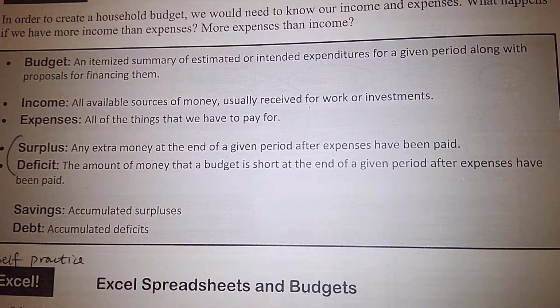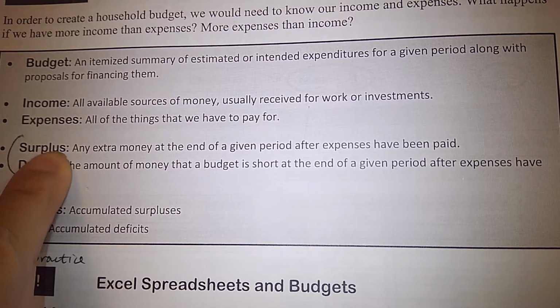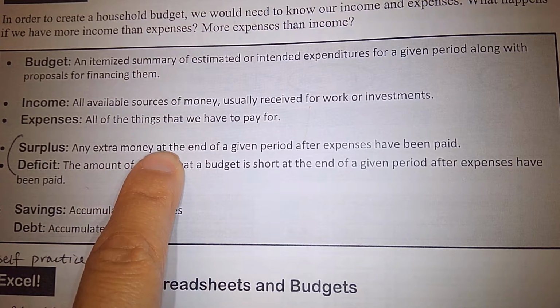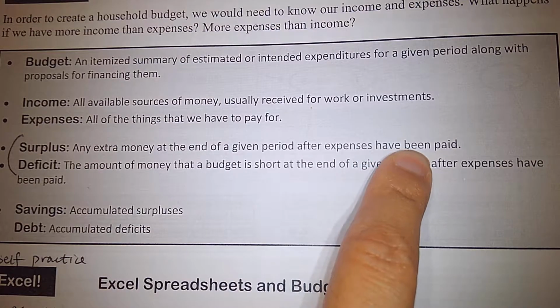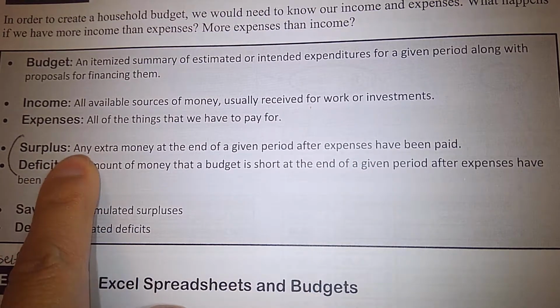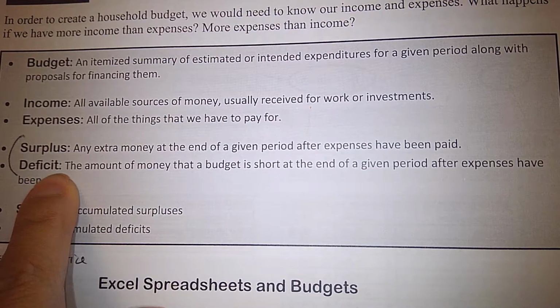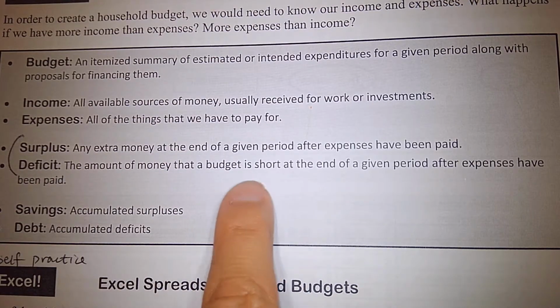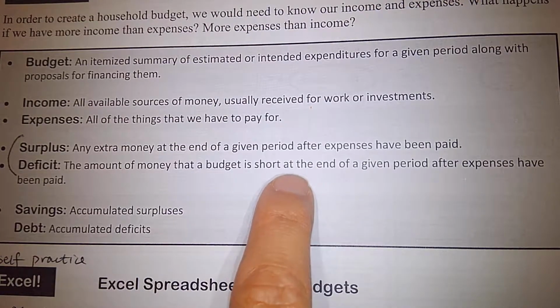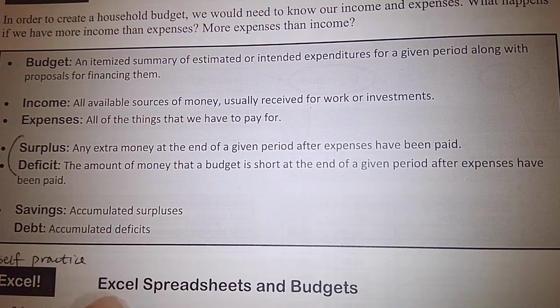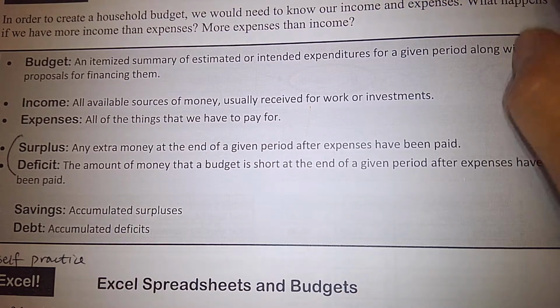Okay, your income. So here I just want to let you know that when the income is more than the expenses, you have some extra at the end, you have surplus. Deficit means what? Your budget is short. I mean, you apparently spend too much. You spend more than your saving or your income. Okay? Deficit means you're short on money at the end of some certain time period. You guys understand this concept, okay?